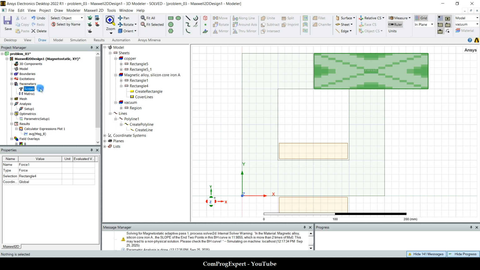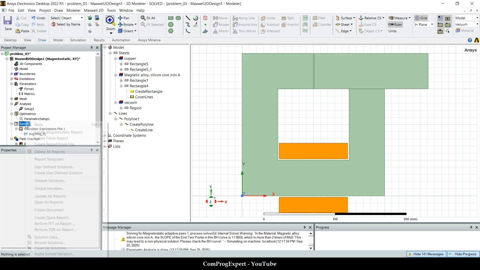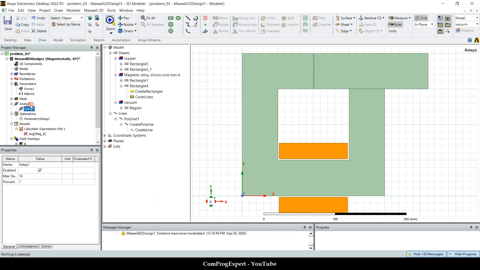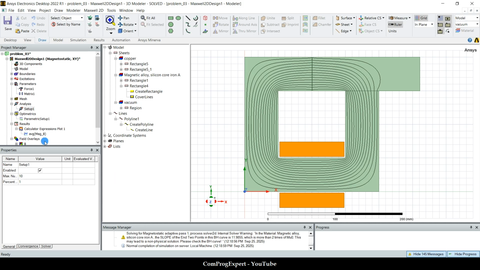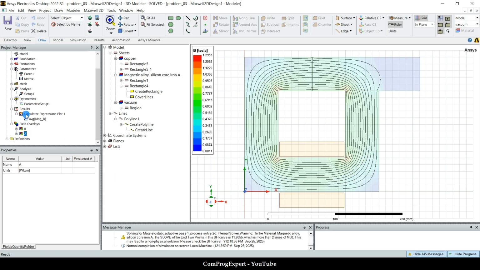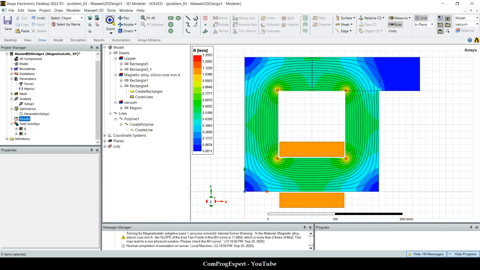We are going to calculate the force applied to this object, yes, for this value of the current that we found. So let's clean up the solutions again and run the analysis. So what will be the result? What do you think? In this case, we have this field,